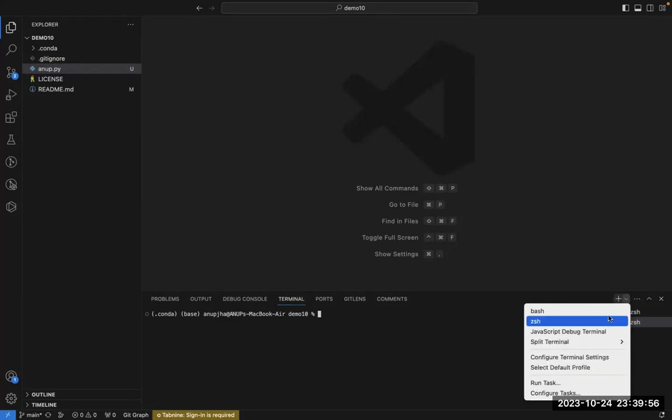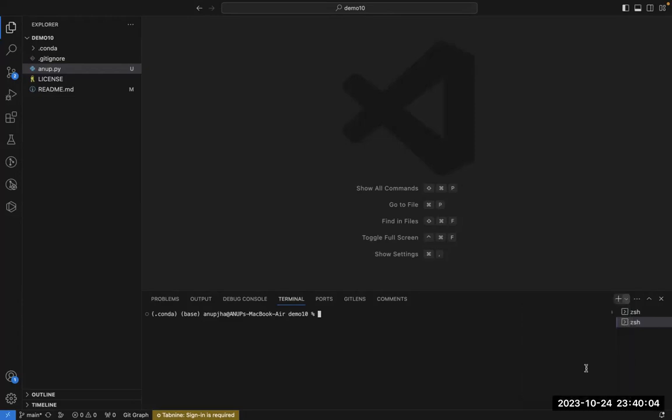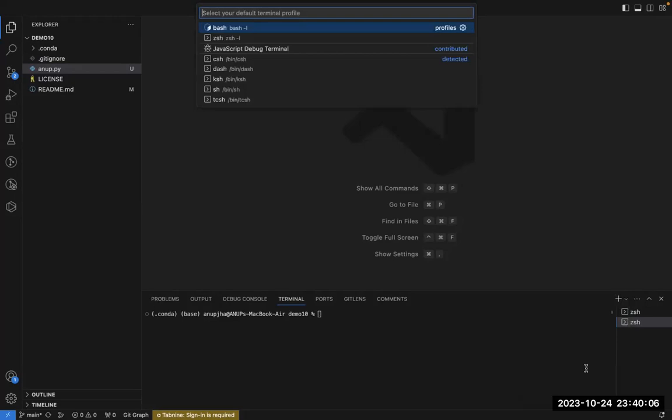Are you getting this thing? Yeah. Just select default profile. Click on default profile. Okay. And when you click on this default profile, first